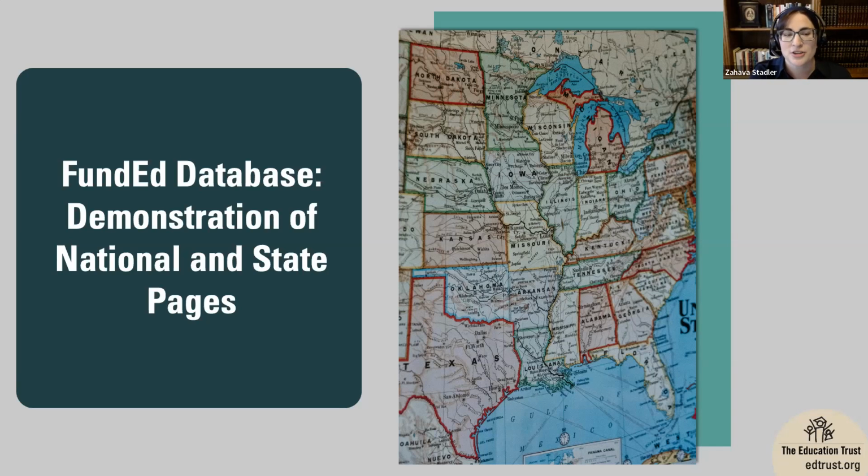So just by way of introduction, FundEd is a national database of school funding policies in all states. It was created by EdBuild, an organization that I used to work for that focused on school funding equity specifically. It closed its doors in 2020. The team at the Education Trust has just completed a full update of the policy information in the database. So I'm going to stop share for a moment so that I can pull up the website for you and we can spend a minute in it together.